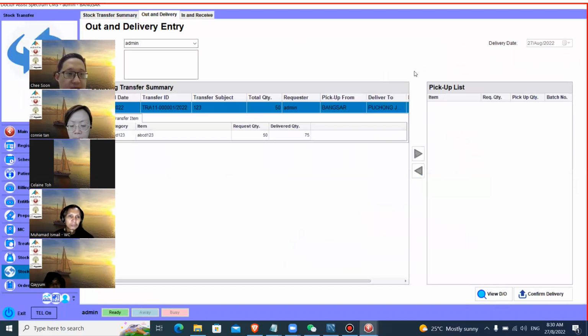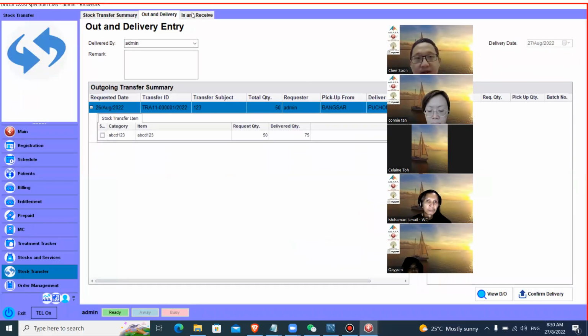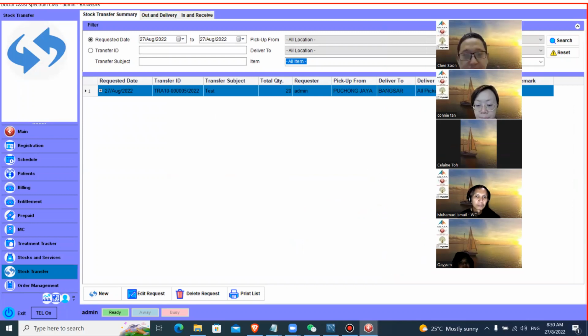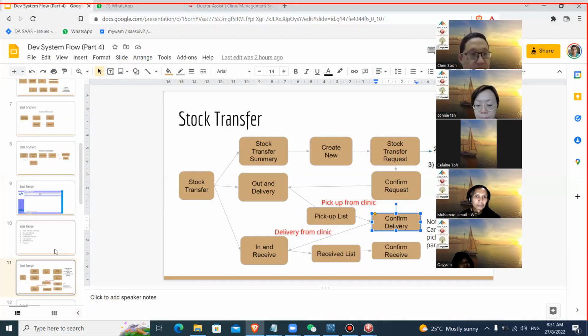Okay, so this part is for the stock transfer. So for here, any question of this? If no, I go to the next. The last part is for the